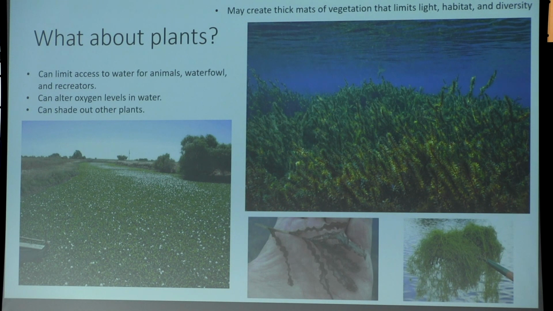So what about plants? I think plants are often ignored when it comes to educating about aquatic invasive species, but they can have just as big or more of an effect on especially enjoying recreation on water bodies, because it makes them impossible to access. This is an image of a lake that has been taken over by water lilies. And as you can see, there's not a lot of opportunity to go stand up paddleboard or kayak or boat. This also limits how animals and waterfowl can use the lake. So all of that on the shore is limited, so they aren't able to access the lake.